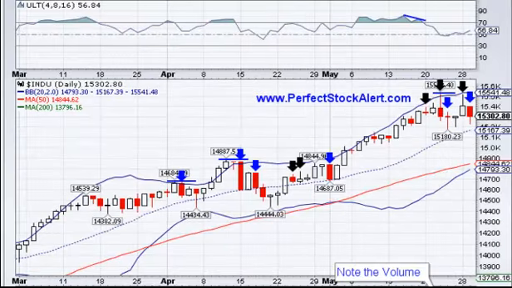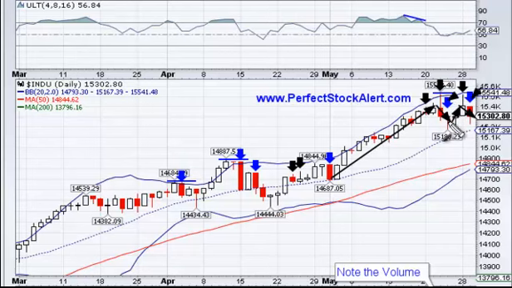Now let's look at some other charts. Here we are looking at the Dow Jones Industrial Average. This is one of the strongest charts that are out there right now, the Dow Jones and the S&P. But again, same move here. Higher move up here, shooting star, pull back a little bit, shooting star, confirm to the sell side. Again, we have the marks already on the chart showing that we're rolling over here.